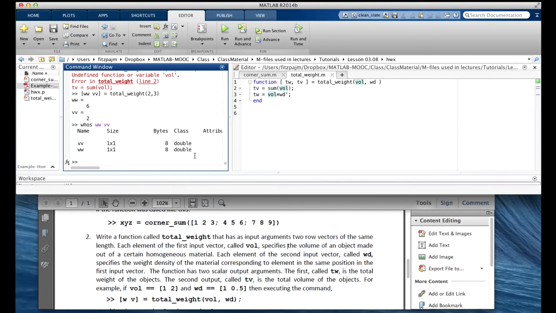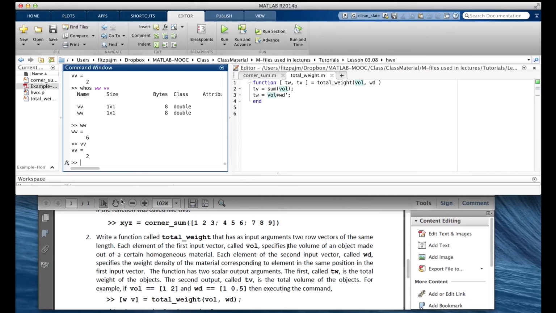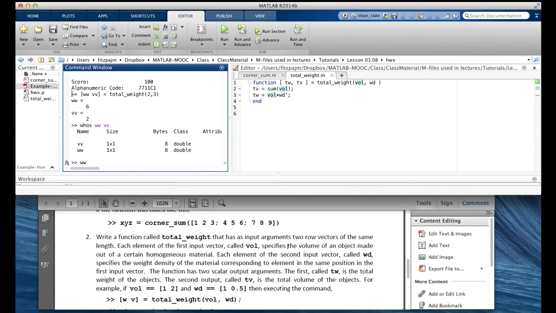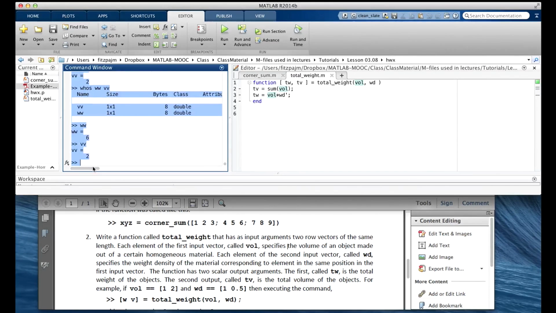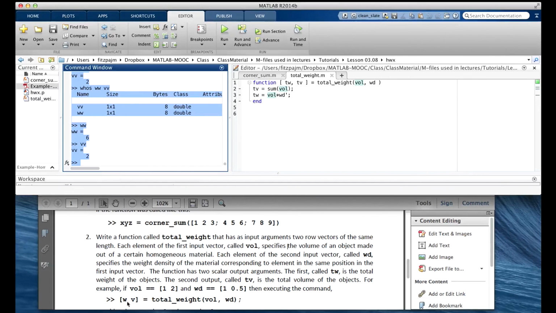And then let's show their values by typing them with no semicolons. There. Then you can copy all this and then paste that into your post.